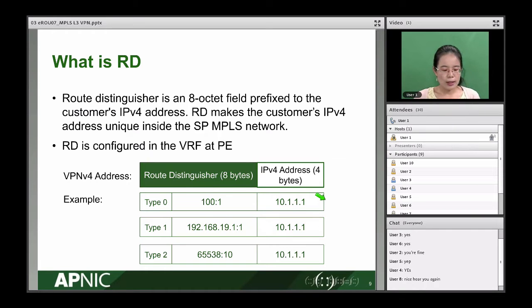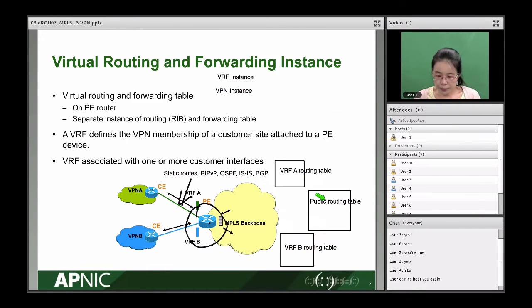Here I will go back to our topology. So if in VPN A and VPN B, both of them are companies, maybe they are running the same